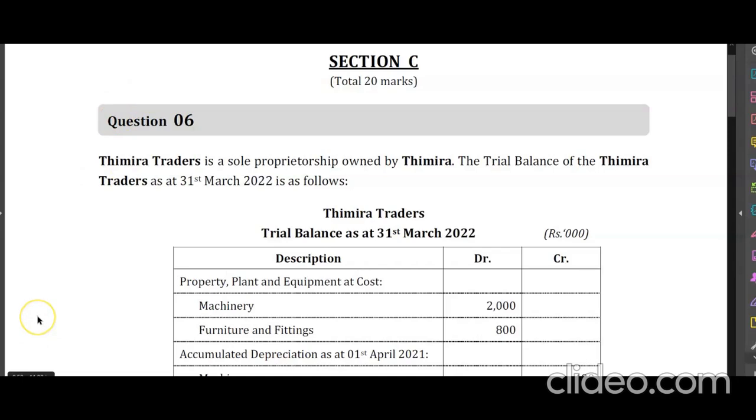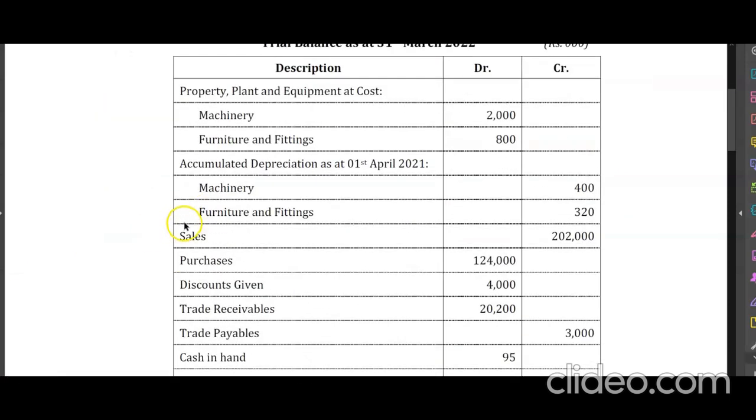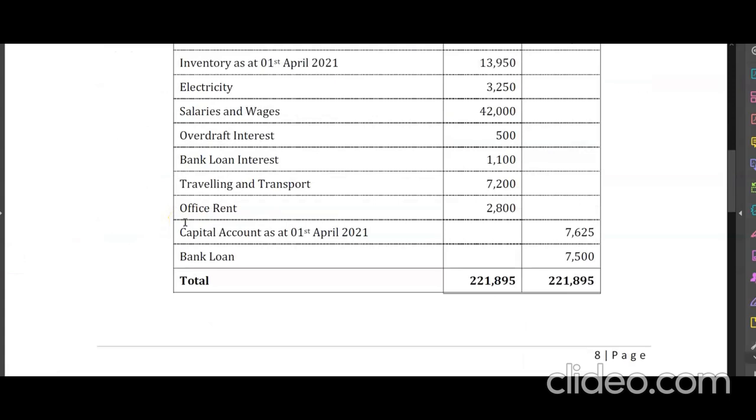Today we are going to do WAT Sri Lanka past papers, section C question, which carries 20 marks in total. In this question we will be given a trial balance. This is section C, question number 6, and you will be given all the details in the trial balance, and the trial balance will be tallied on